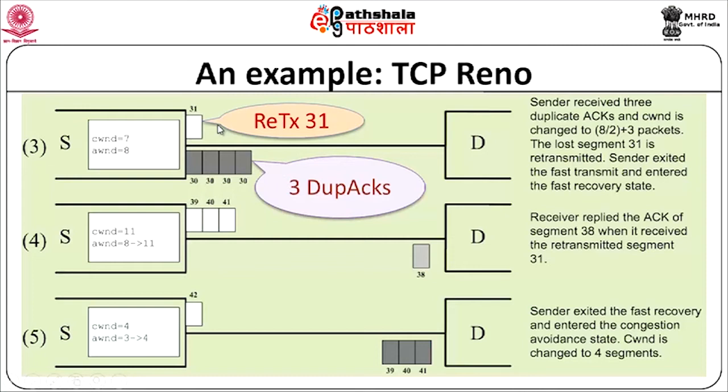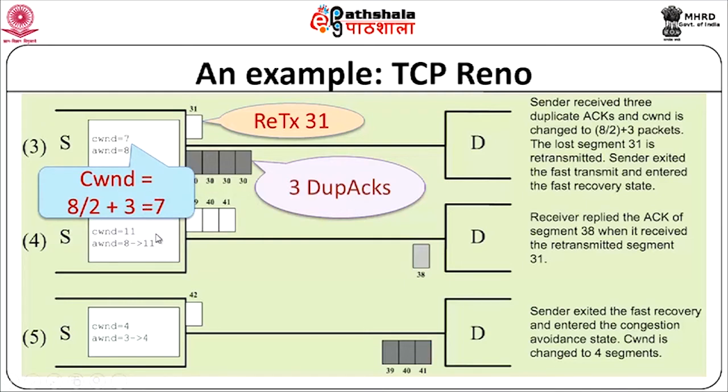Now this is where the difference is. The congestion window will be set to half the value plus 3 because of the 3 duplicate ACKs that you have received. You are incrementing the congestion window for every duplicate ACK that you received, and based on that, you can go ahead and send 3 more packets into the network. You are using the fact that the network is delivering packets to increase the amount of data that you can send, and that is indicated by the additional duplicate acknowledgements. So you now send 3 additional packets, let's say 39, 40 and 41.